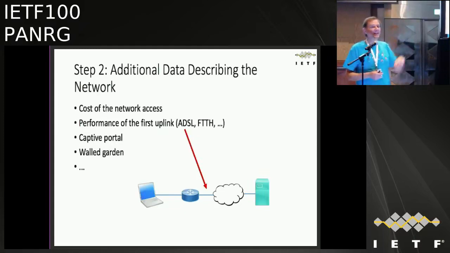Currently, we were thinking, just as an example, and not sure whether it will be finalized in the PVD when it becomes a standard, of the cost on the network access. For now, it's a little bit too complex to handle, but perhaps for the next revision, or an extension. As I said, what about the bandwidth between the CPE and the access network? Typically, it's known because if you're using VDSL, you know at which speed the VDSL modem is synchronized. Captive portal walled garden as well.